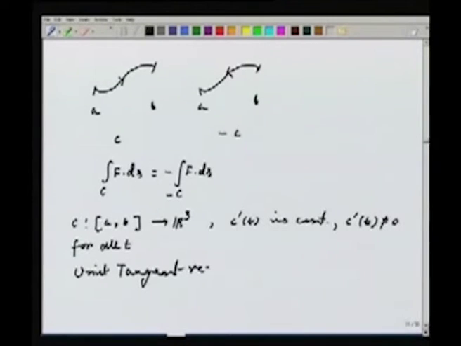I will call it T(t), capital T of t. This we know is defined by C prime t divided by the norm of C prime t, so that it has unit length. Now the element of arc length